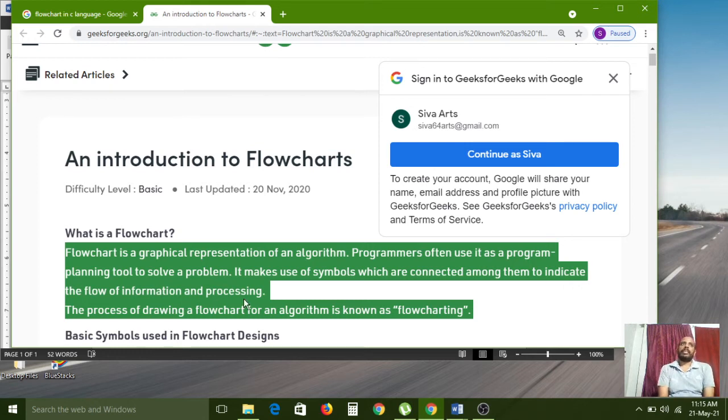For example, here, adding two numbers. For that, first we need to collect the first value. For adding two numbers, two variables are required. So the first variable value we need to collect from the user through the keyboard. Understand? After that, there is one more variable. So the second variable value also we have to collect from the user as input. So the first value has been collected and the second value has also been collected. After that, we need to add the two numbers.